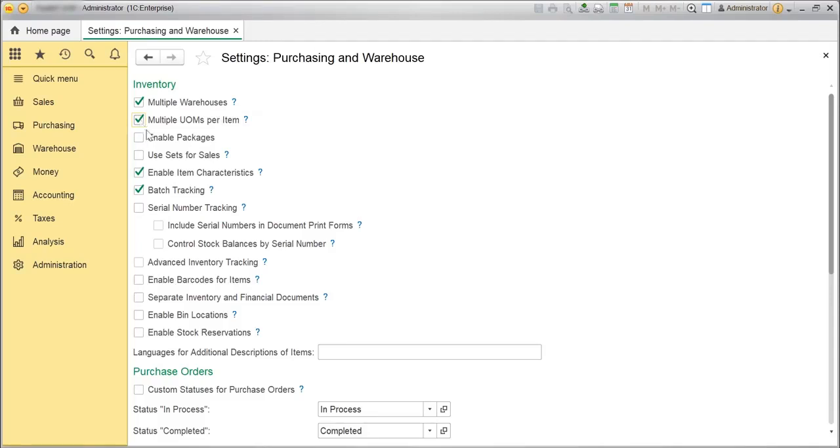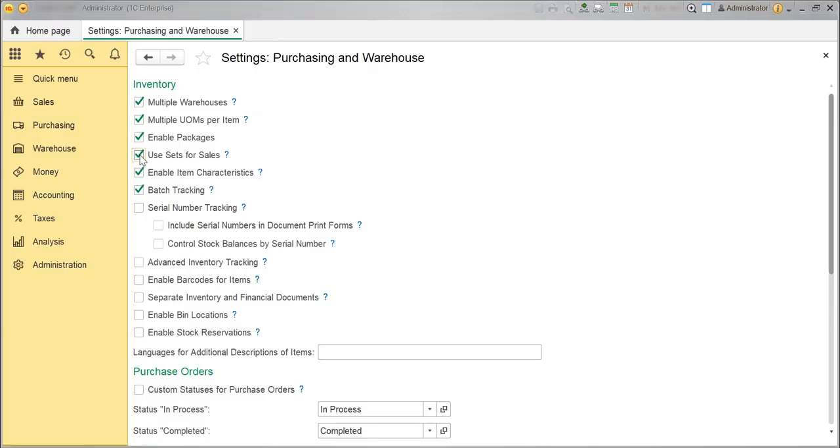the items toolbar. Enable packages to have the package set field available for items in the master data, where you can specify the packaging details like the dimensions of an item. It is relevant when the shipping of the item is done in packages, and you may need to specify the size and weight of the packages.